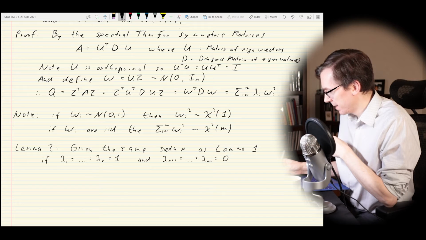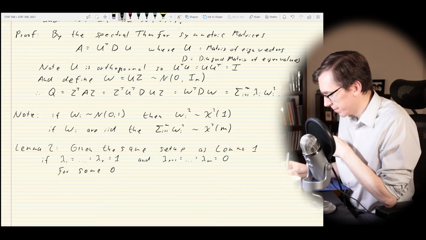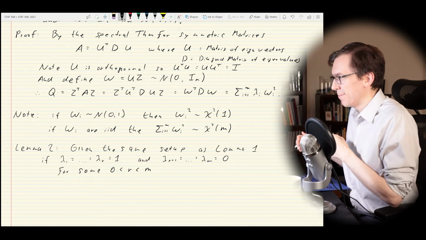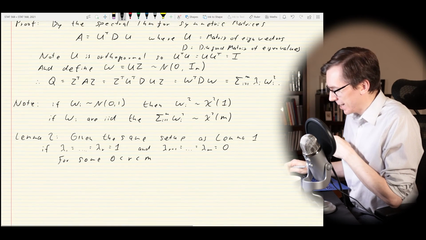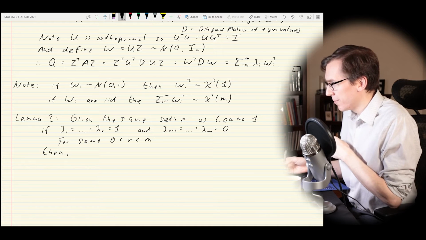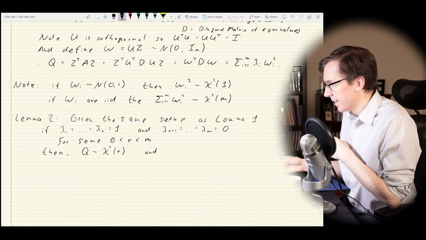for some R between 0 and M, but not actually equal to 0 or M, or it's going to make this kind of degenerate, then, well, we have two things to point out. The first is that Q is going to have a chi-square distribution with R degrees of freedom, and we're going to say